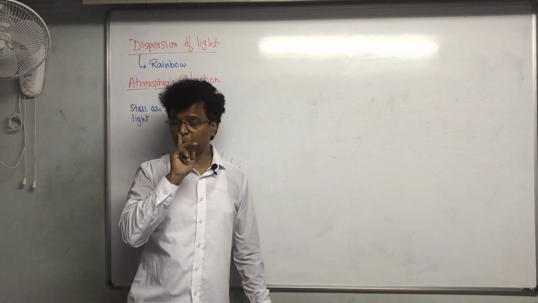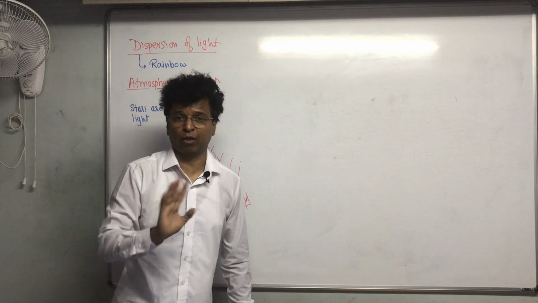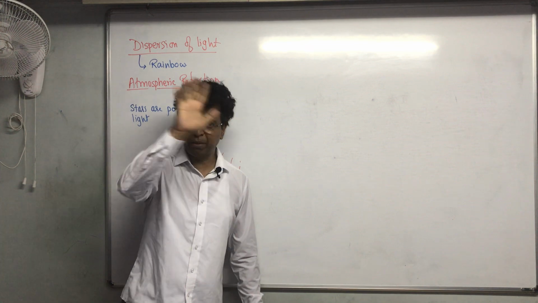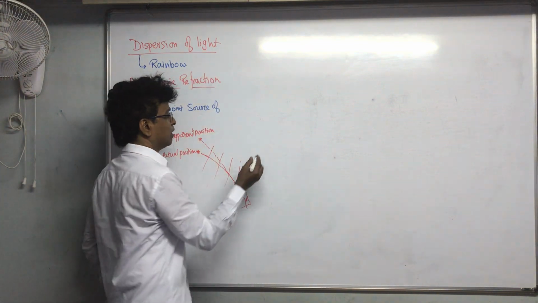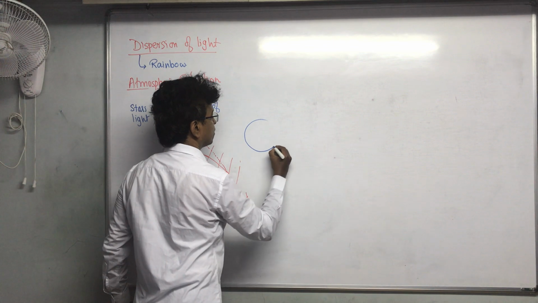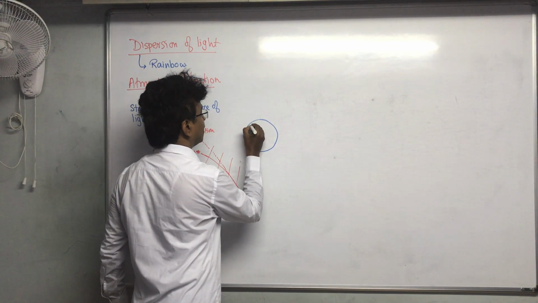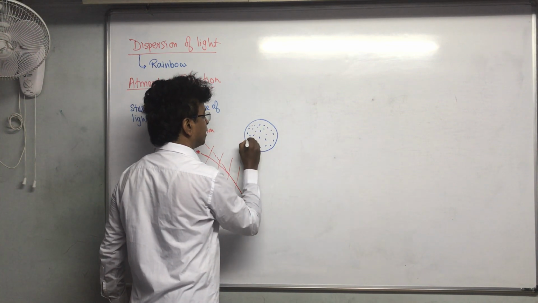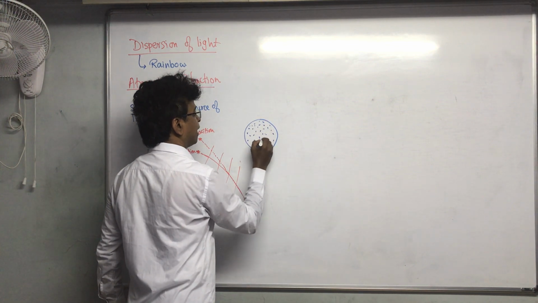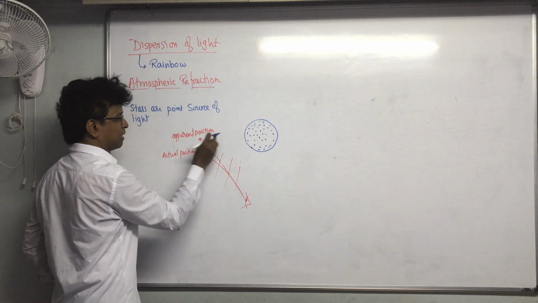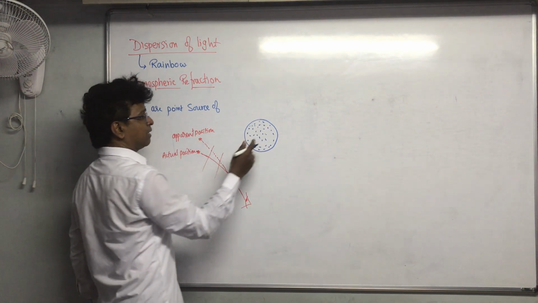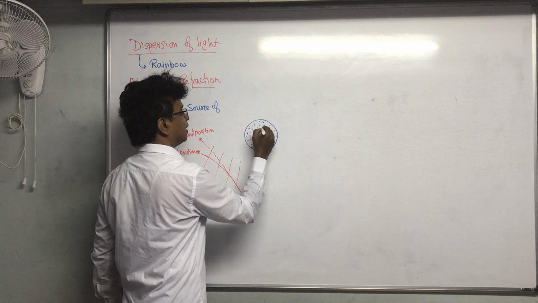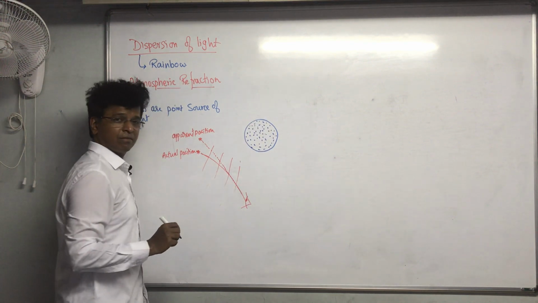The difference is the moon is not a point source of light. Star is a point source of light. Moon is a big source of light. For the moon, what happens? There are infinite number of point sources over here. We can consider that the moon is so big, and if I consider that one star is there over here, like this there will be crores and crores of stars fitting in that one position.